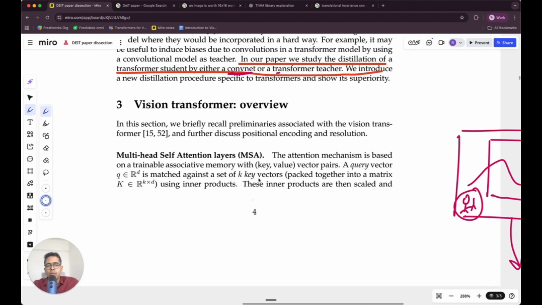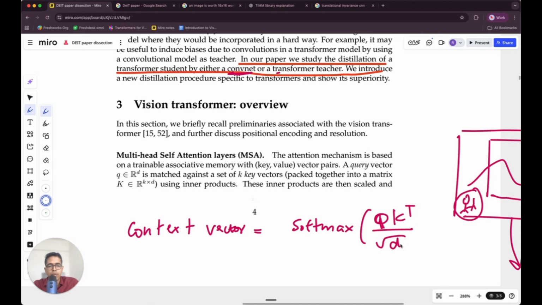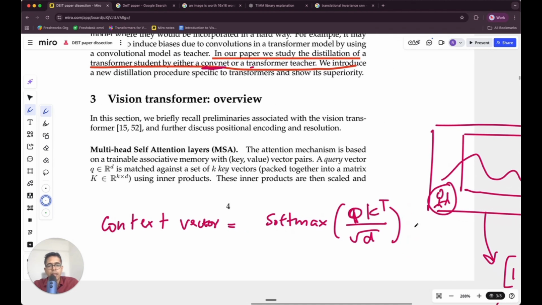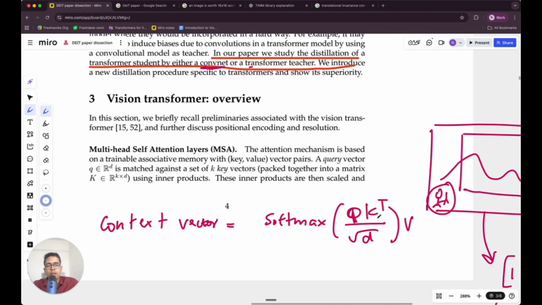Query vector you have matched against key vector. So basically the final context vector matrix is equal to softmax of query times transpose of key, divided by square root of D, where D is the dimensionality of the query key value space, multiplied by values. So query dot key transpose is the attention scores,